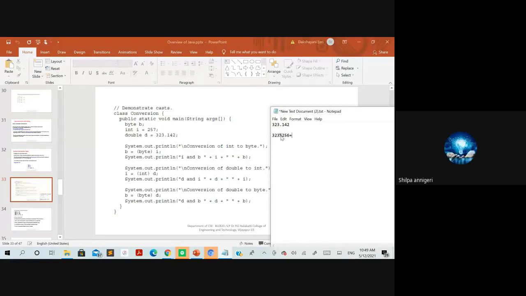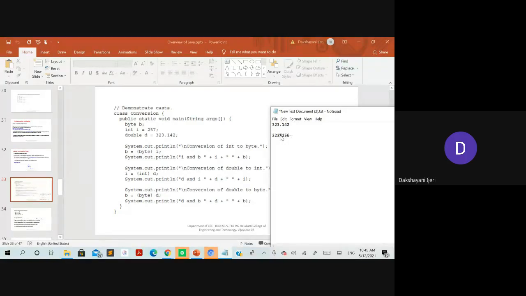So the remainder. What is a remainder? What value will you get if you divide 323 by 256? What remainder will you get? Try to do that. It's very simple. One, ma'am. One point... See, you should not go for the decimals over there. You need the round figure whenever you get a remainder which is not divisible. That itself is going to be the result of the modulus operator.